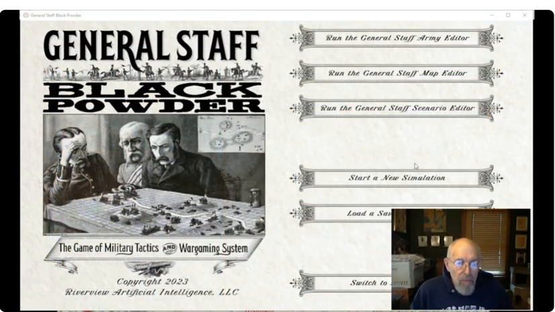So yesterday we used the Army editor to create order of battle tables for the Union and Confederate sides at the Battle of Brandy Station. And the next thing we need to do is to actually create the map for the Battle of Brandy Station. Luckily, Gary, who suggested doing Brandy Station, downloaded a map from the Library of Congress and already cleaned it up. So let's start. We'll click on the map editor.